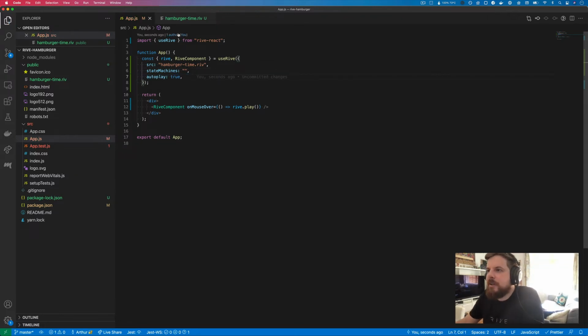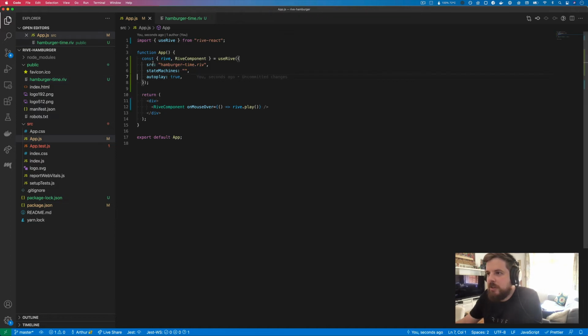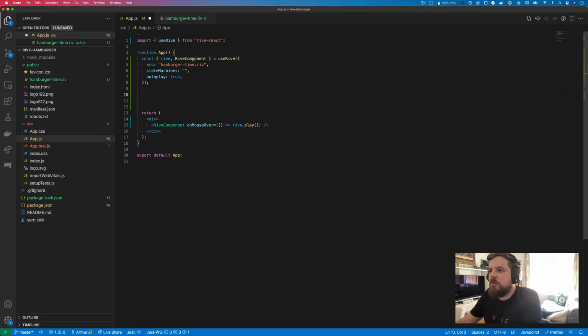So you can see if I click back onto the Rive file here, I can find the name of the state machine by looking at the names of the different state machines down here. But let's say that you're not using VS Code or you don't want to install this extension for whatever reason. I'm going to show you another handy little way that you can get the names of these things in the files. So this Rive object here